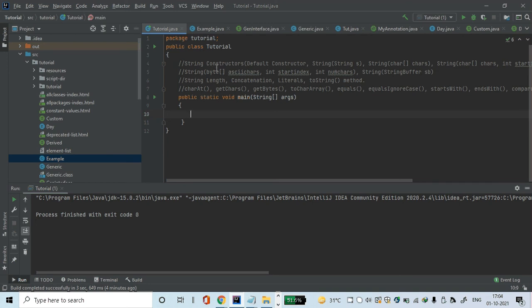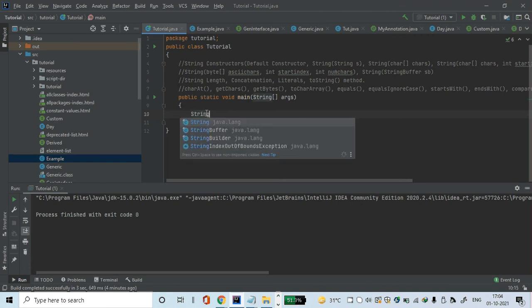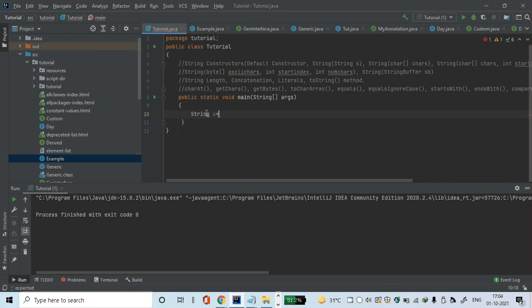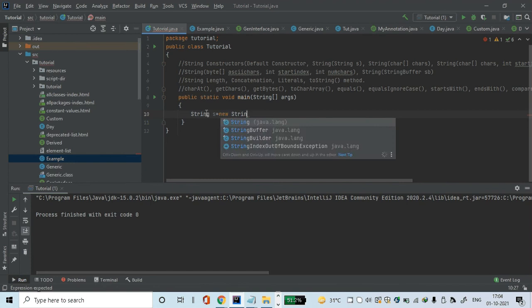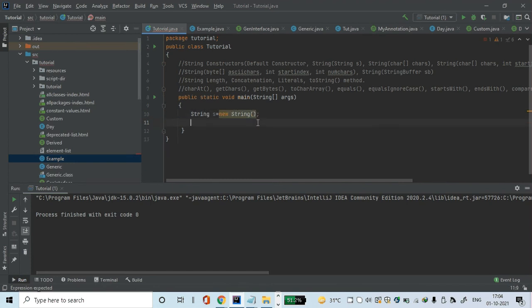We all know that string is a class, so obviously it may have constructors. First of all, it has a default constructor. There is a way to use this default constructor, and these constructors are used for creating a string. How am I supposed to use the default constructor? First we need to create a reference of the string type, and then we use the default constructor in this manner. This is going to create an empty string, and it is equivalent to writing